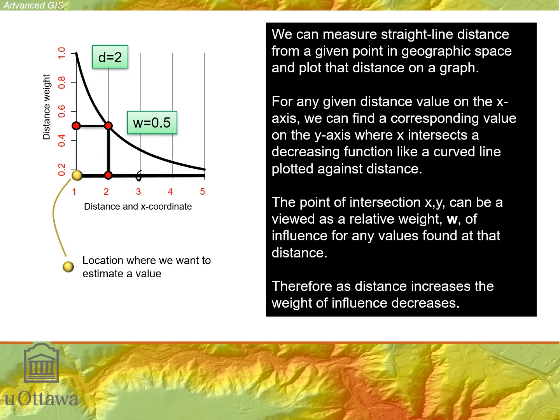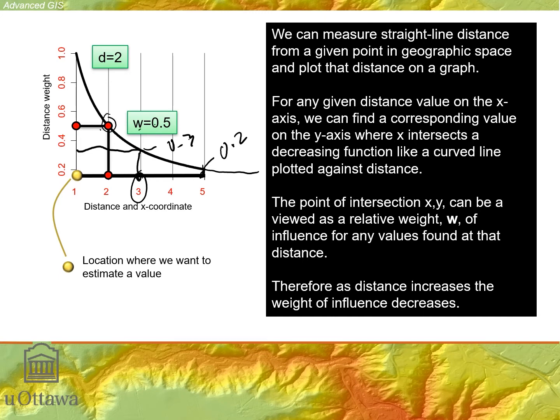Obviously, if you went to 3 units away, you'd be at around 0.3, let's say. And as we get further away, like all the way up to 5 units away here, and this can go on infinitely, this curve here could go on forever, just getting smaller and smaller, approaching 0. So at 5 units away, the weight would be maybe around 0.2. So values here would be multiplied by 0.2. Values here would be multiplied by 0.3. Any values over here would be multiplied by